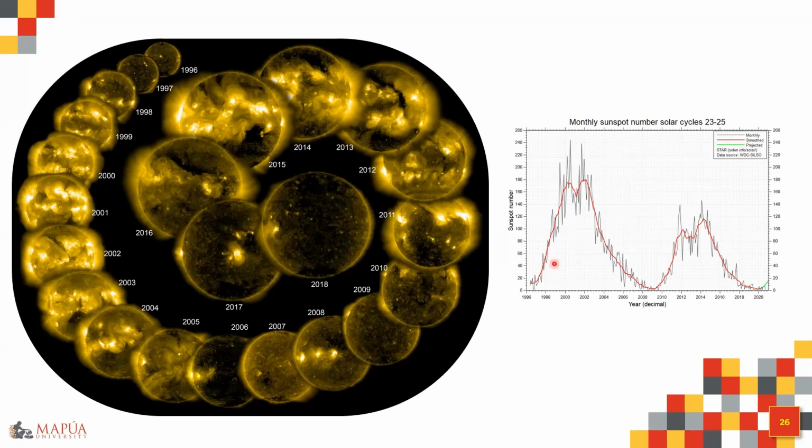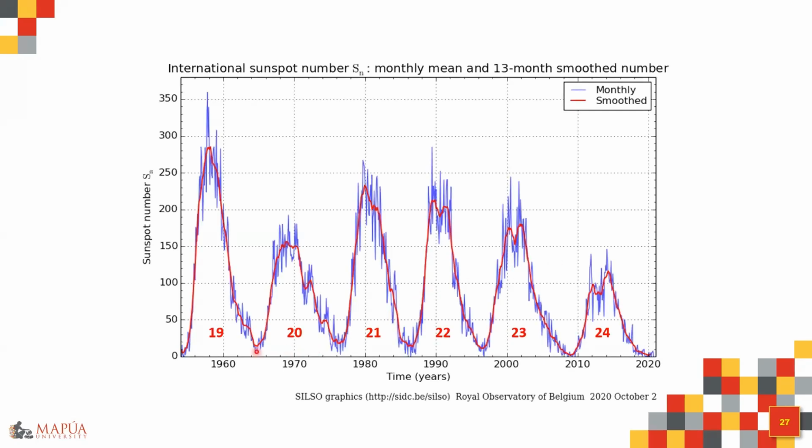Now, if we're going to extend this monthly sunspot number to the past 6 solar cycles, up to solar cycle 19, you can see that there's generally a decrease in activity. Okay, there's a general decrease in activity of the sun, and it is predicted that, again, as I mentioned earlier, solar cycle 25 would have a similar activity just like solar cycle 24.